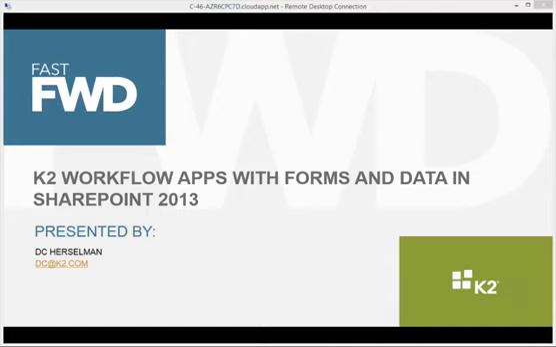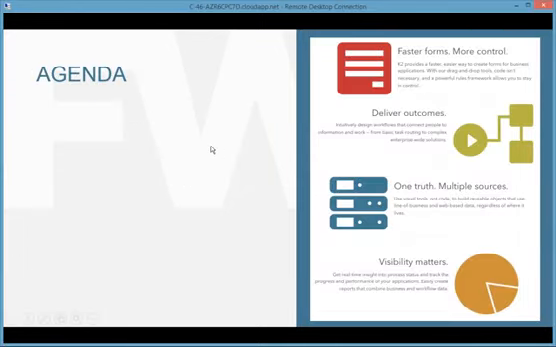Let me just quickly introduce myself before we get going. My name is DC. I am a TS with K2, and what we're going to have a look at today is really K2 workflow applications with forms and data, and all of that is going to run within the SharePoint 2013 environment. So the agenda for today is we'll start off by just having a quick look at some of